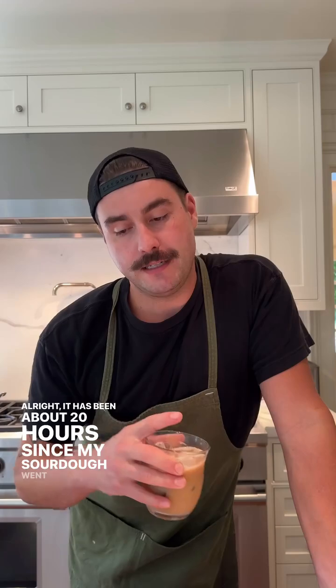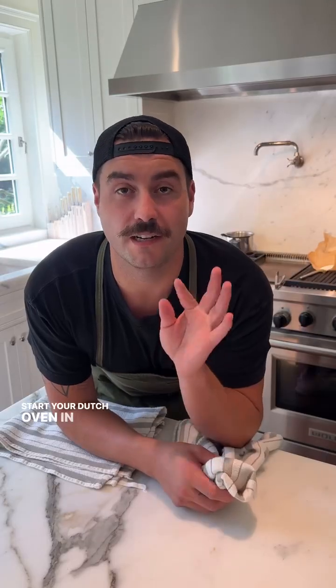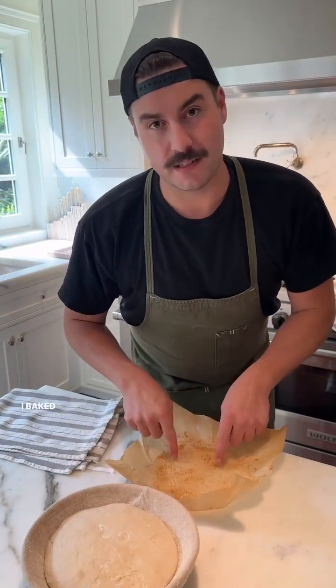All right, it has been about 20 hours since my sourdough went into the fridge. I turned my oven on to 475 and I put the Dutch oven in there to heat up. Start your Dutch oven in a cold oven, and when it has come to temp, it's time to bake. Dough baby number 1, just gonna invert it onto a piece of parchment. I baked on this one already, but